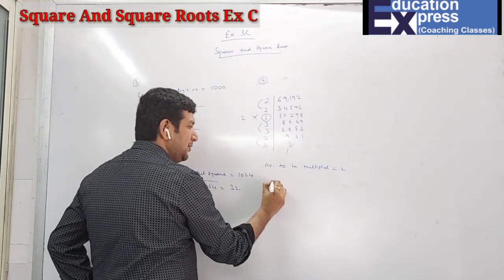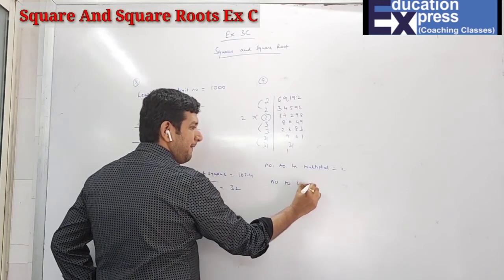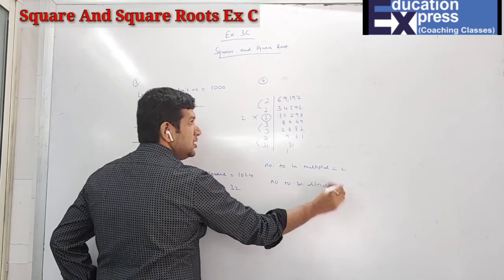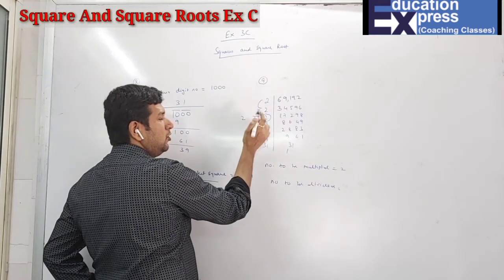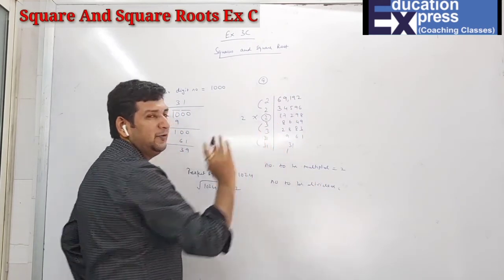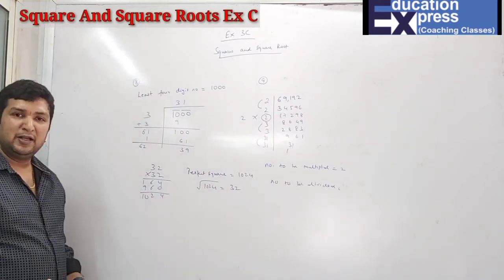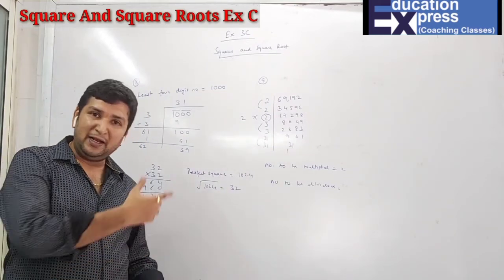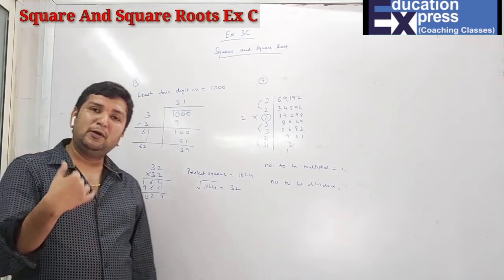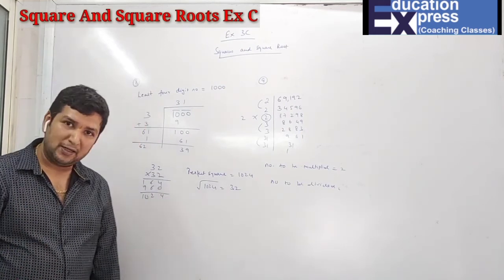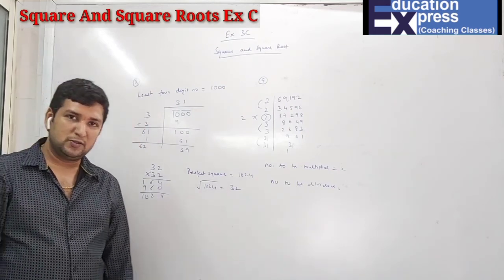And if they ask the number to be divided, so you divide this by 2. Now this 2 will go. You have only 2 square, 3 square, and 31 square. And then same way, increase and decrease also you can do. That I have done right now. Now increase means what number to be added, and decrease means what number to be subtracted. With this, we have finished exercise 3C also. Thank you.